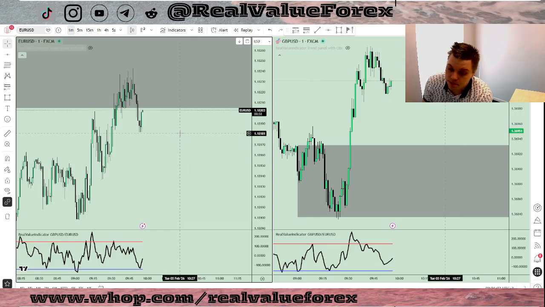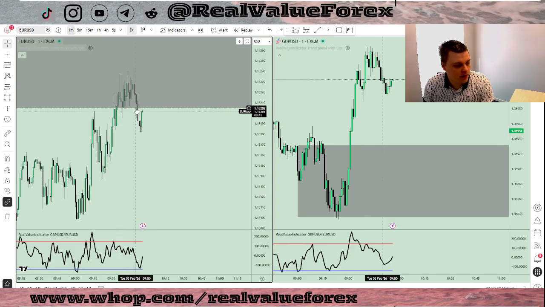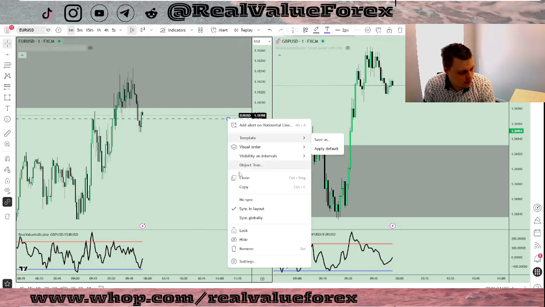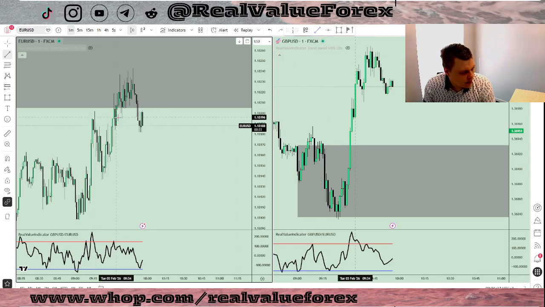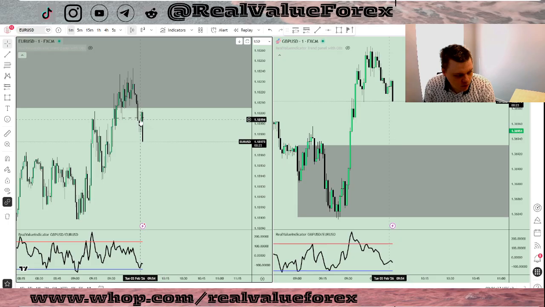Also, what I've seen, I don't test entries right now, but it seems to me that the best case scenario would be if there is either a main market structure break or a micro market structure break. So for example, in here we have some structure. You actually remove this one and make it like this. So we have some structure, we just broke it, and now I would look for sells. I have a few ideas how to catch it, but overall, after a structure break,